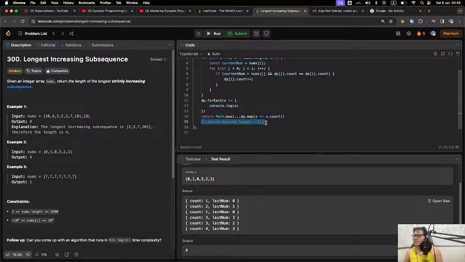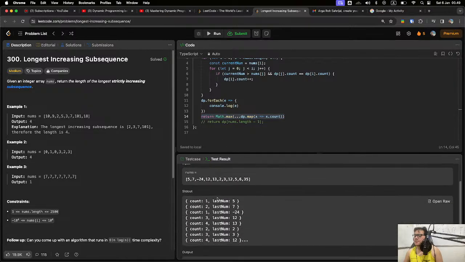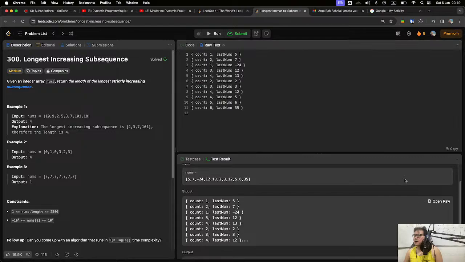I comment this out and choose to just get the maximum of the count from each, and for case 4, open the raw log file here. We can see that it's actually 6. This happens in the last element.